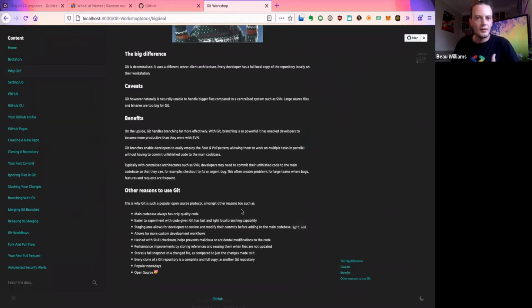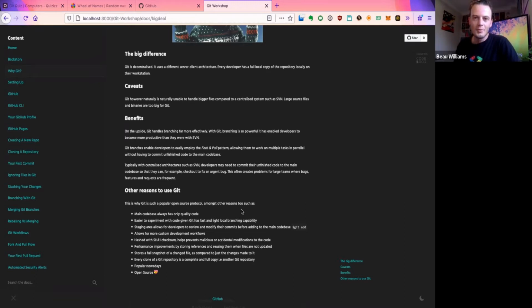Well, with Git, we can do things like stash it. We can have branches where we are working on the features and branches where we're working on the bug, and all kinds of different workflows. With SVN, what developers would do is they go, well, okay, I don't want to lose my work. I really don't want to have to do that again. So what I'm going to do is I'm going to push my changes unfinished to the main repository, and then I'll go and fix the bug on the main repository. So a whole lot of stuff would often happen on the main repository. And you can imagine that pushing unfinished code to a code base is generally a recipe for disaster.